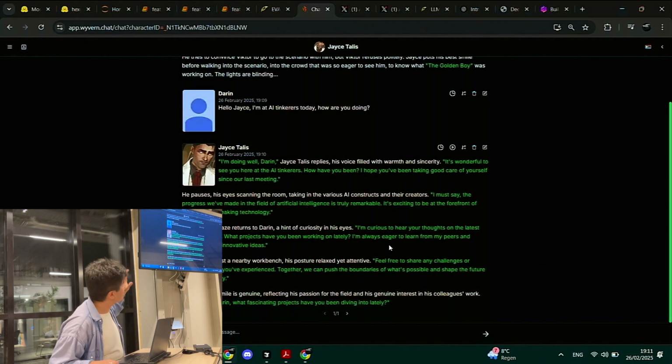This is not open source yet, by the way. We hope to open source it in the future, but it's free to use. We have some models that are free to use, and you can bring your own API key of any platform to use as well.